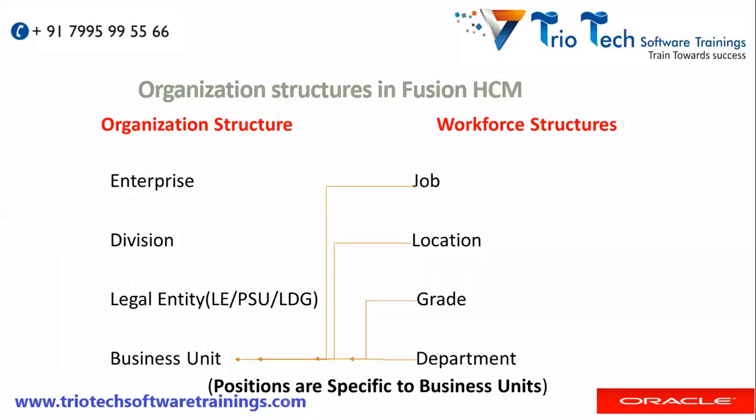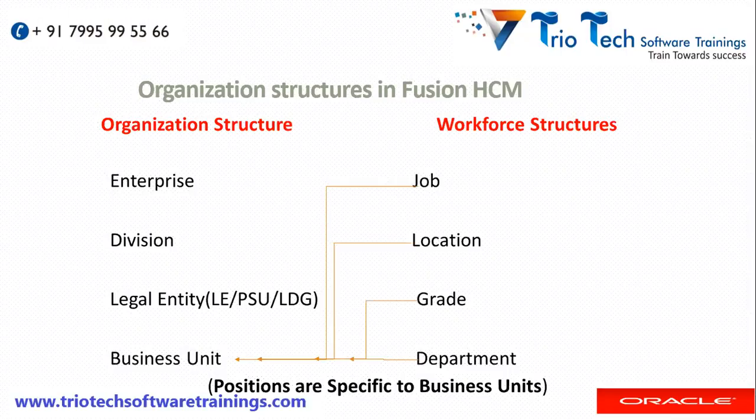So next, divisions. Divisions means, let's assume this Reliance group is having presence in India as well as in US and then UK. Let's assume in these three regions, this Reliance group is having their business operations. So divisions we can create as Reliance India division, Reliance US division, and Reliance UK division. Or divisions we can create depending upon the client's business process.